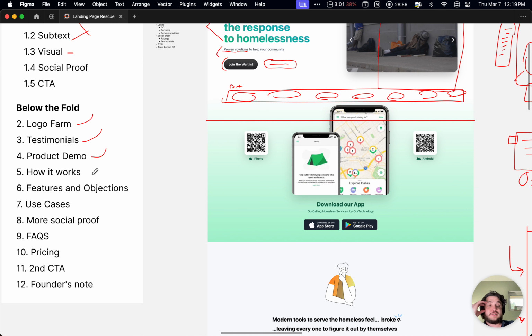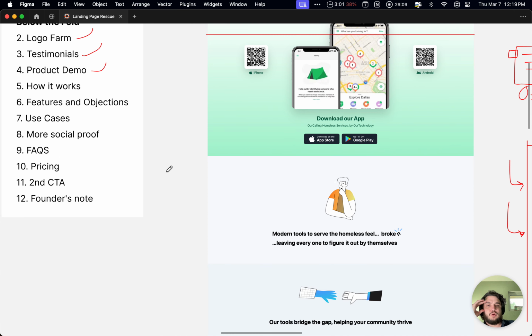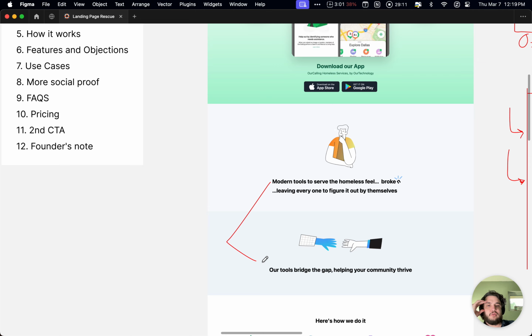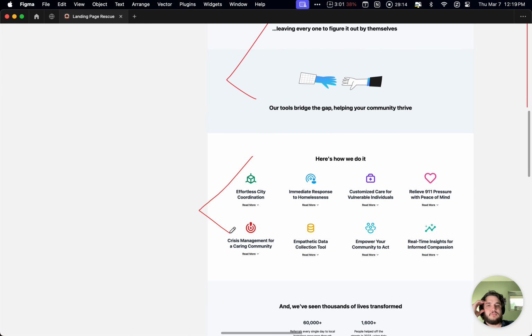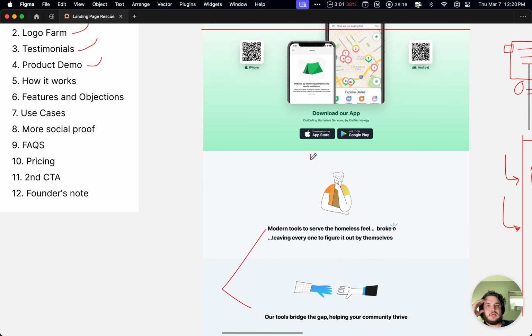For how it works, this is a little bit different again for this use case, but how it works is like the 1, 2, 3. How a customer operates with your product or services. So this is getting there with the messaging and this too. But what I would probably do for how it works and the 1, 2, 3 is something along the lines of how your target audience operates with our technology. So